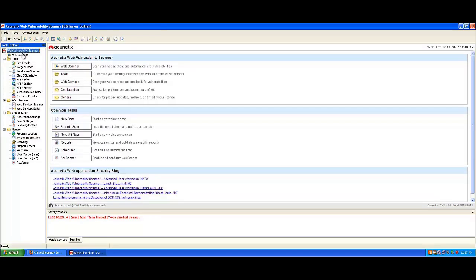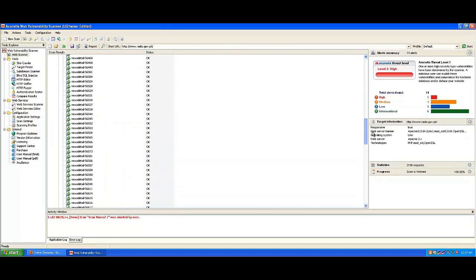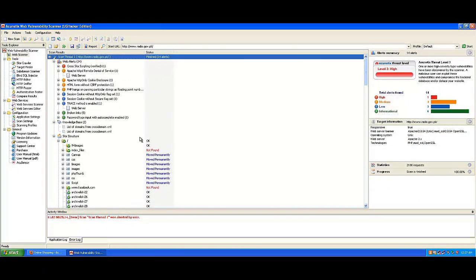So yeah, this is about Acunetix. In this manner, this is really easy. You can scan your whole website and figure out whether your website is vulnerable to hacking or cracking or different attack vectors or not. When you assess the vulnerability, you can secure your website. Once you figure out whether your website is vulnerable to different attack vectors, later on you can patch it. So this is the most important part.